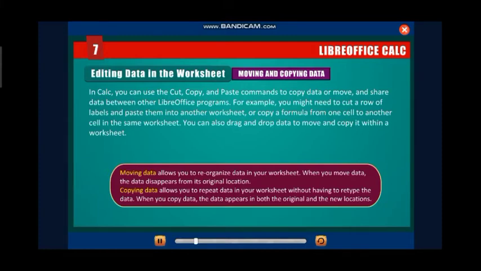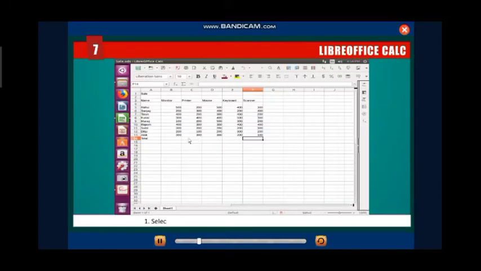So let's learn the steps you have to take if you want to copy or cut the data in the worksheet. To copy or cut, students, select the cell you want to move or copy. Click on the copy or cut button from the toolbar. Here I am choosing the copy option. Now click on the cell where you want to copy the text. In this example, I have chosen copy, so the text will remain in its original location also.